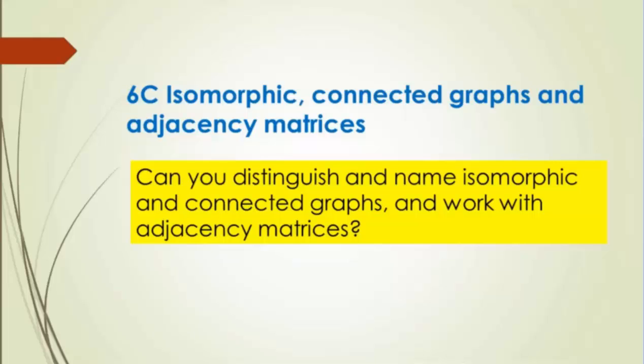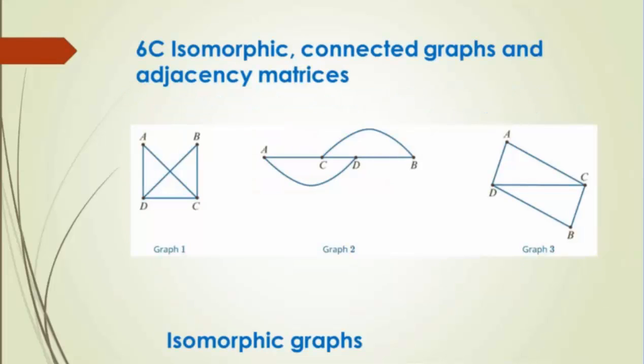Okay, this is 6C. We're looking at three new terms to use in reference to networks and matrices. We will learn about isomorphic graphs, connected graphs, and adjacency matrices. And let's start with isomorphics. The point about an isomorphic graph is that it has the feature that each vertex has got the same connections